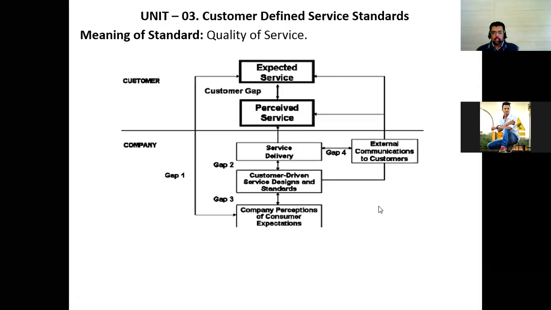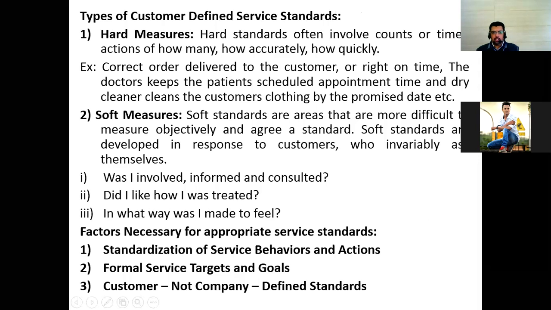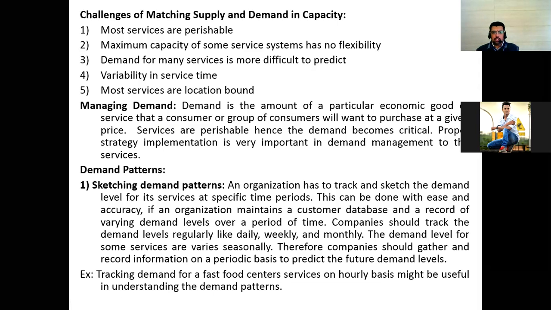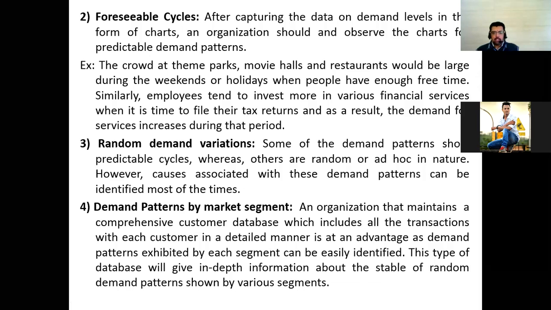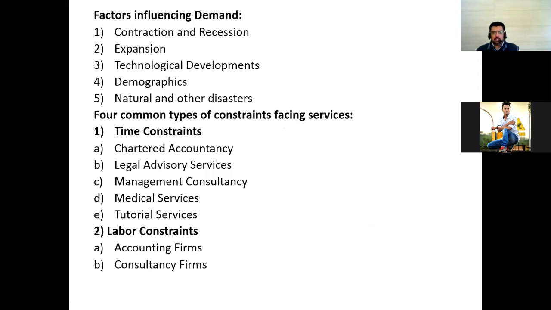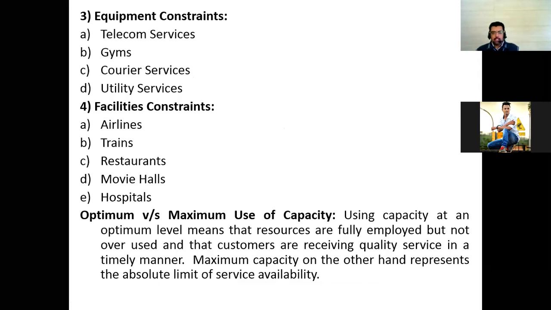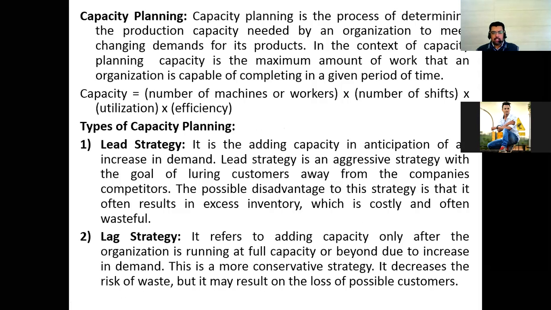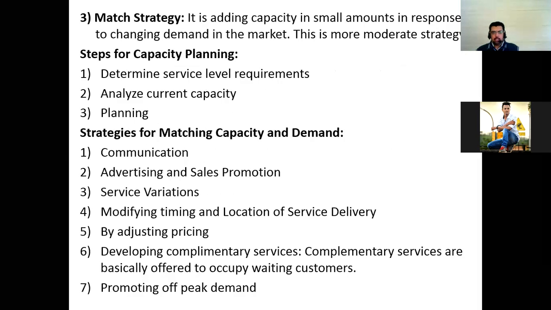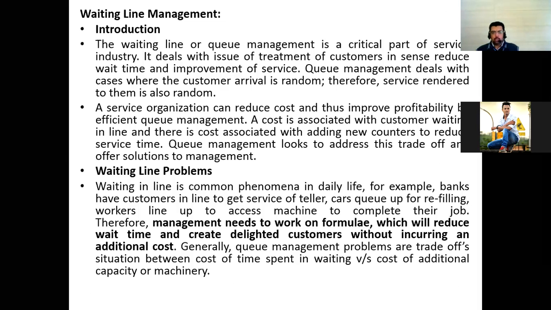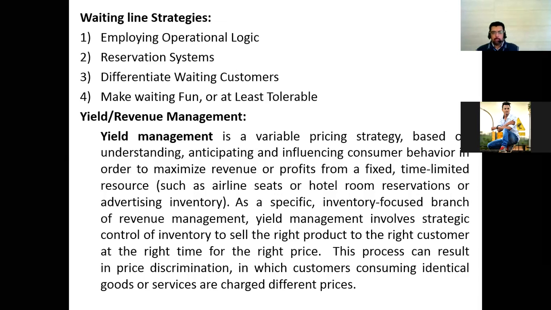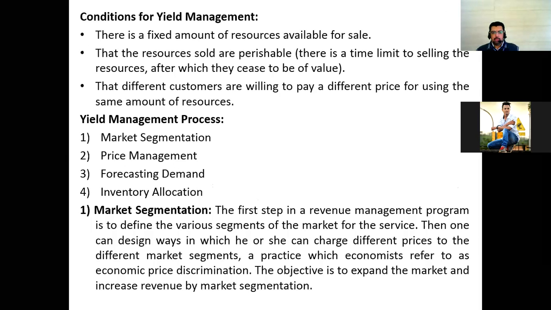You already know this slide: types of customer defined service standards, process, then demand patterns and how to manage that demand, foreseeable cycles, random demand variation, demand patterns by market segment, the factors influencing demand, four common types of constraints facing services, optimum versus maximum use of capacity, capacity planning, types of capacity planning, steps for capacity planning, strategies for matching capacity and demand, waiting lines management, waiting line problems, strategies, yield revenue management, conditions for yield management process,